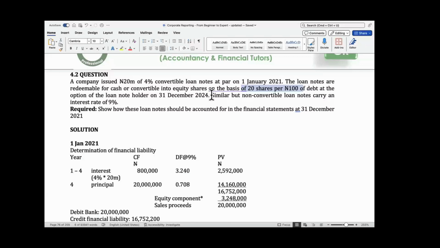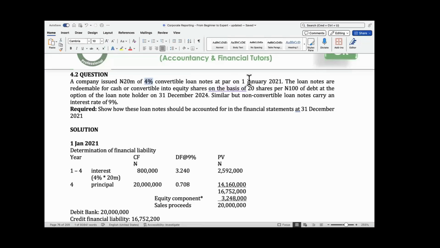Then they told us that similar but non-convertible loan notes carry an interest rate of 9%. I already told you that this one, which is the market rate, will be higher than this one here because this one here is more attractive. So similar to what we did in the first question, the first thing we need to do is